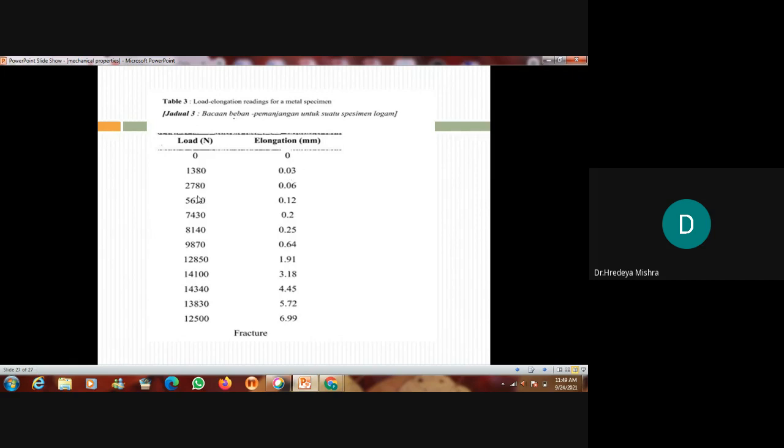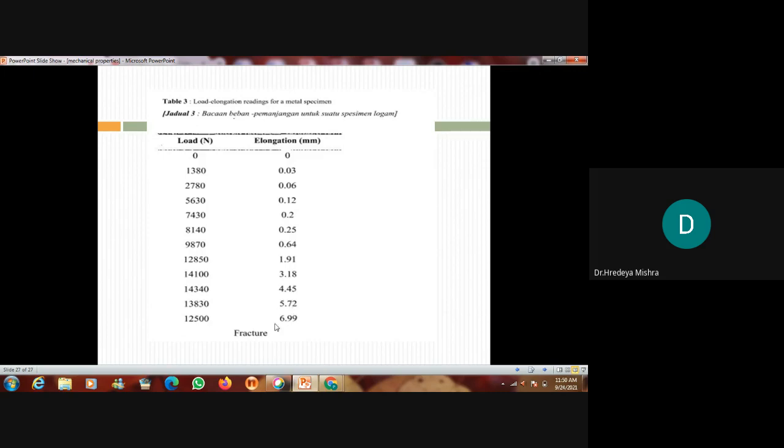Now the load increases: 2780.06, 5630.12, 7430, that is 0.2. Now the load increases,